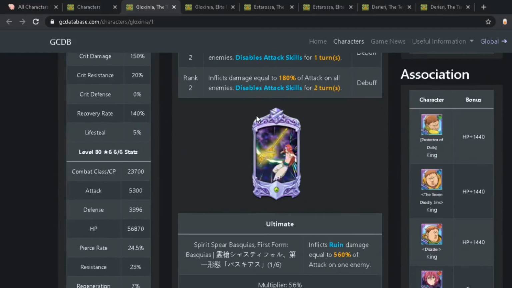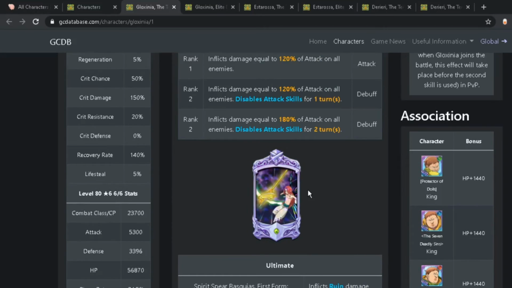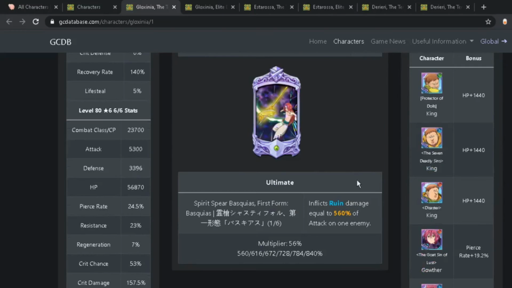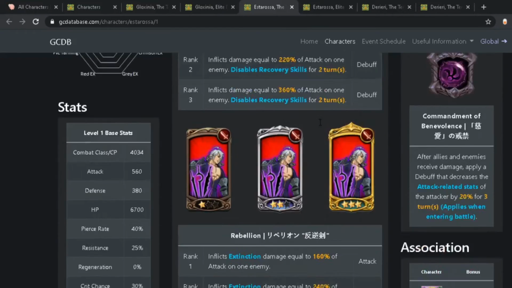The Gloxinia ultimate, I didn't really go over this, but it inflicts ruin damage, and both Gloxes do provide debuffs, but ruin is a really bad ability. Weak point is just a better version, right? Honestly, this ultimate on Glox is pretty bad. But back to the Estarossas,